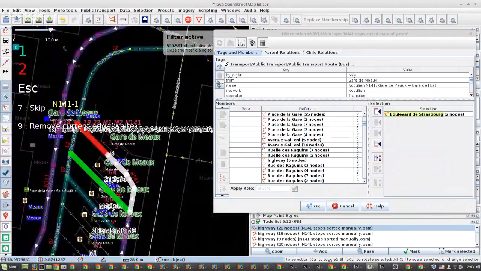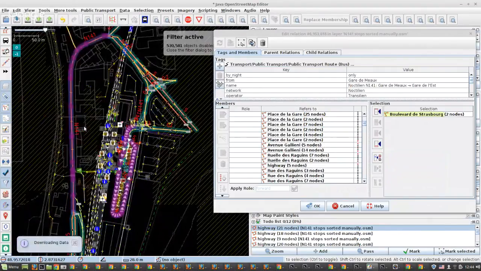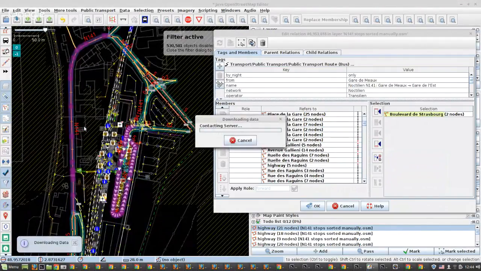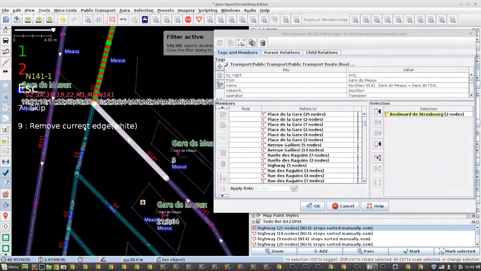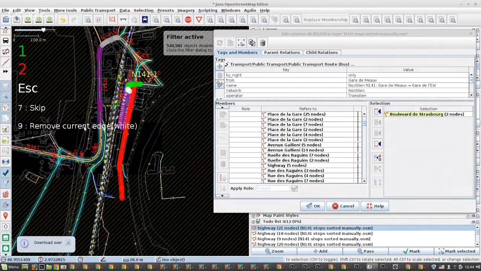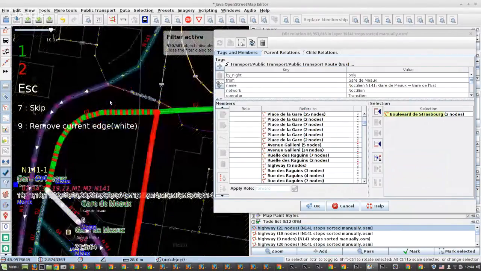And then option 2. It's always downloading. So maybe we should figure out a way to first download all the ways using Overpass, all the possible highways, and then not download anymore during